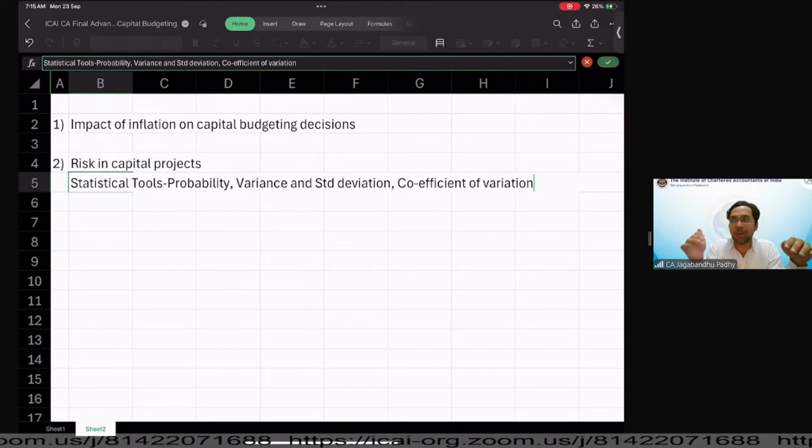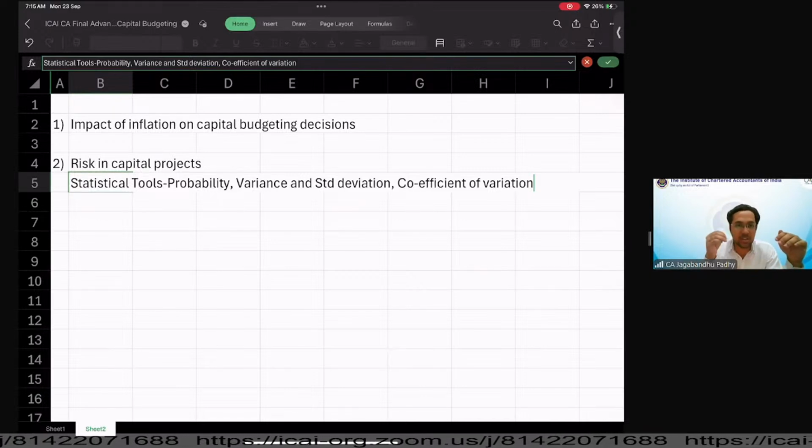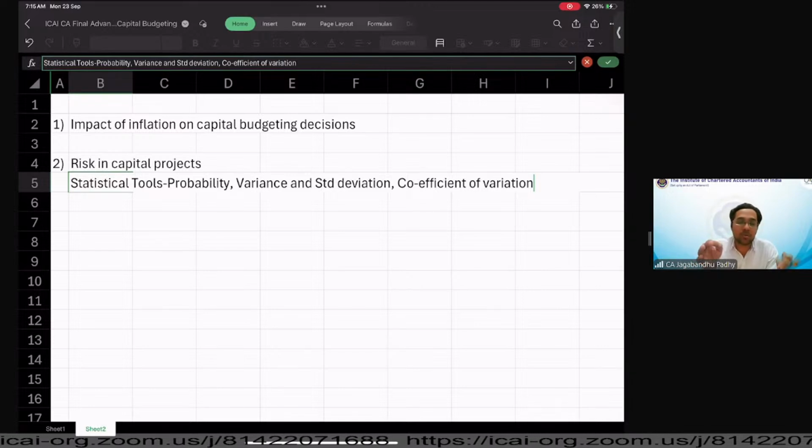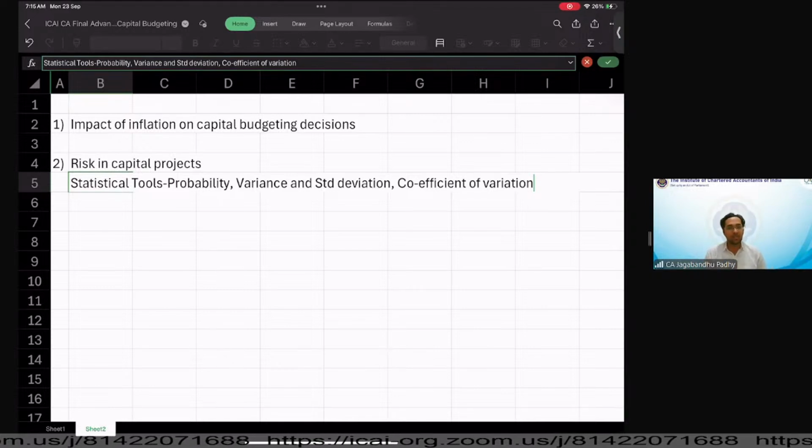Because at your school level or your junior college level or at foundation level, you might have learned these tools of probability and variance with regards to only some random examples, which some of the students may not be able to connect, sir, why are we studying this for finance? But those concepts are going to be applied now practically in this topic when we are going to measure the risk that is involved in the capital projects. Okay. So trust me, guys, we're going to understand the real application of these techniques.